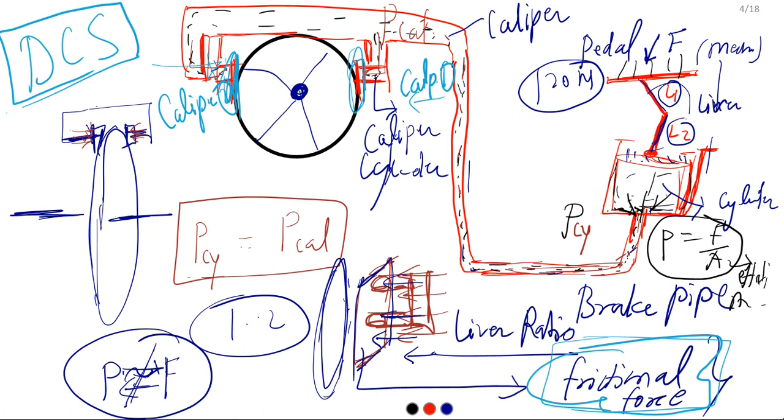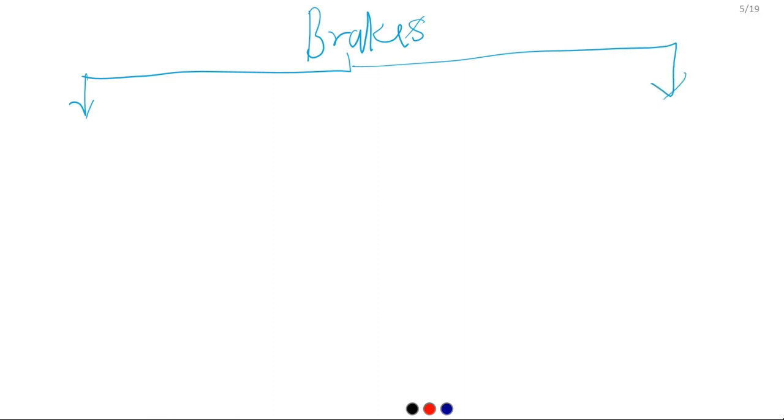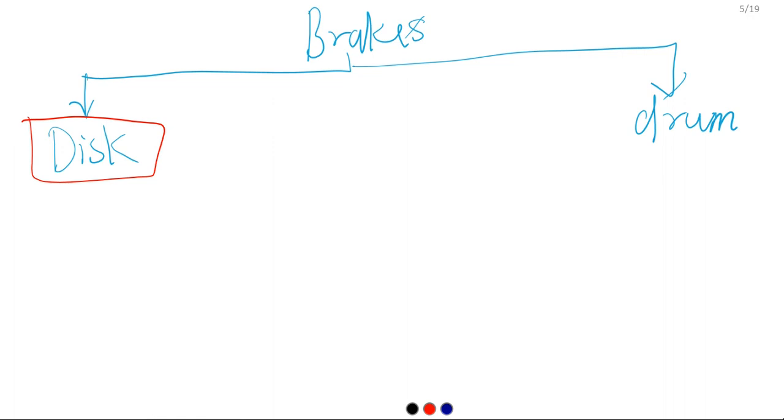Now let us go on, consider another page. See here, brakes we are classifying in majorly 2 categories here: disc and drum. Disc brake and drum brake. And clear one thing, the actuation system may be different. The actuation system differs,